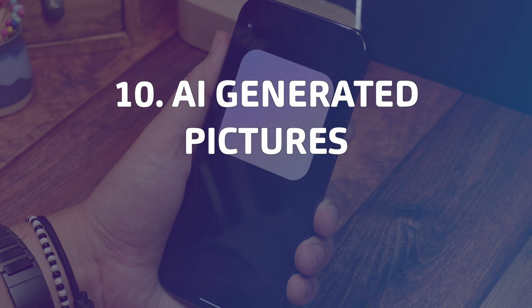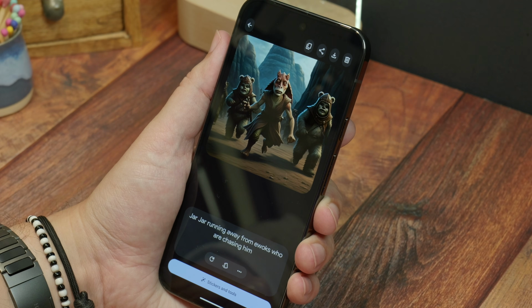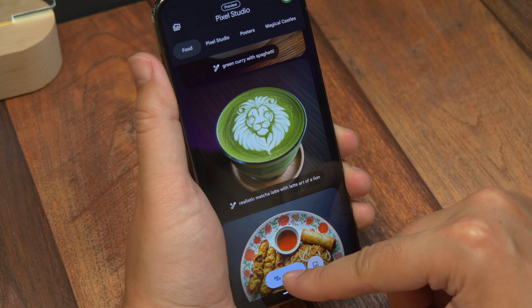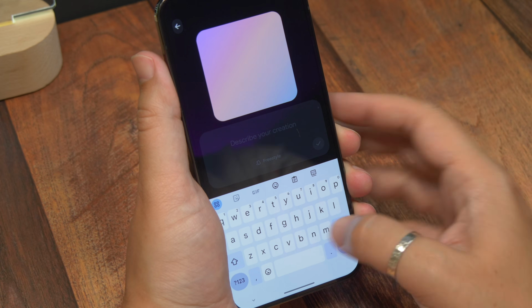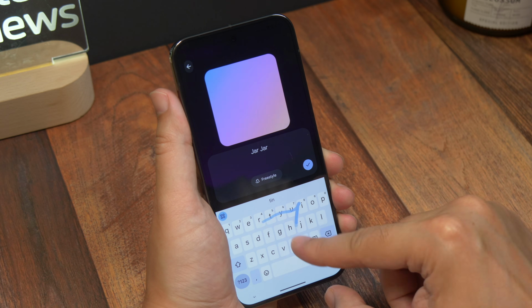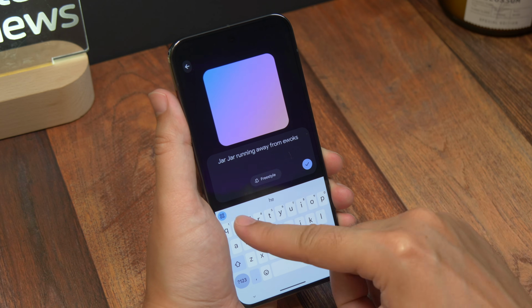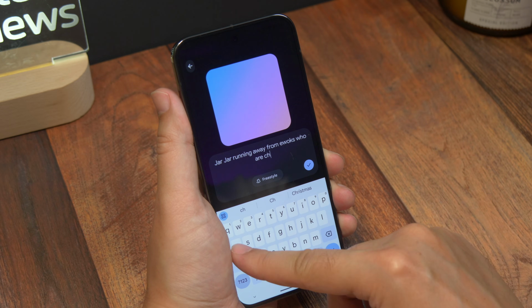AI generated pictures. Now Pixel 9 comes with a new app called Picture Studio. Open it and then hit the Create option at the bottom. Now you can type in a description of what you want, so if you want a cartoon picture of Jar Jar Binks being chased down by some Ewoks,